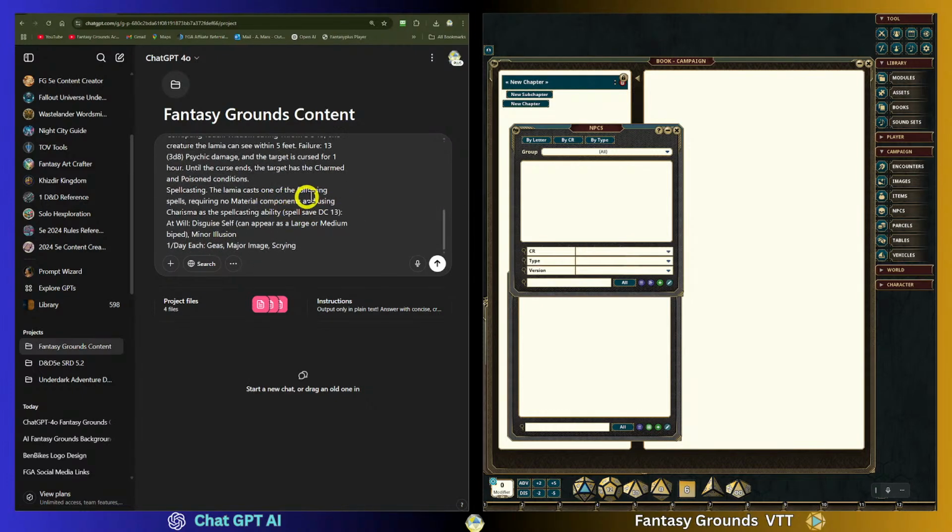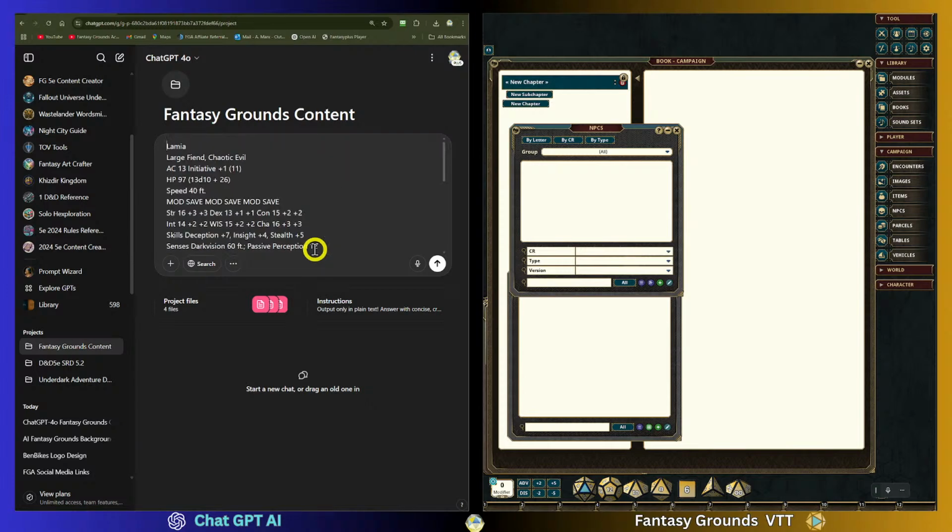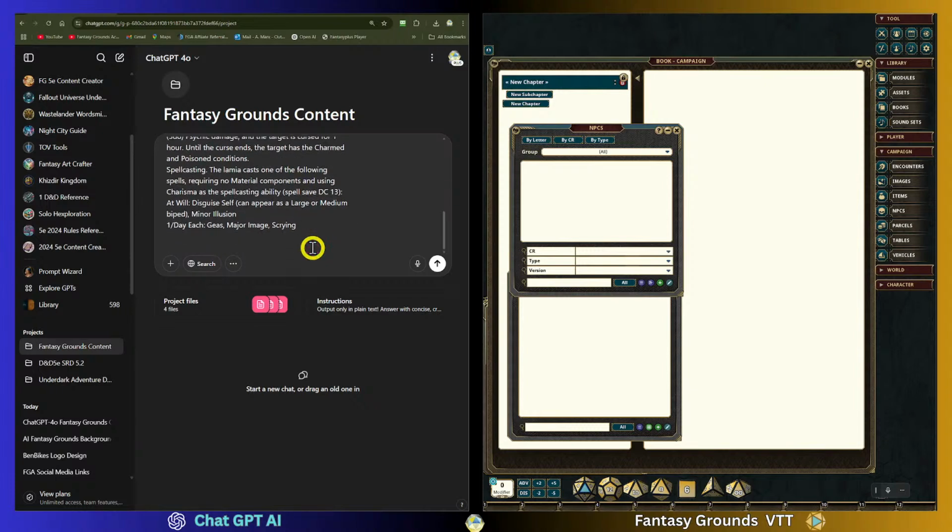So we'll take this and let's say we're going to base an adventure around this, but I want to say something like, create a variation of the Lamia above prior, or let's say give it a formal name and some custom options like